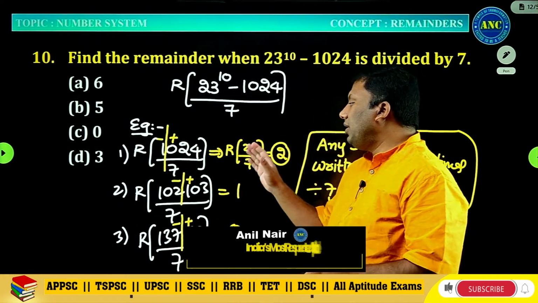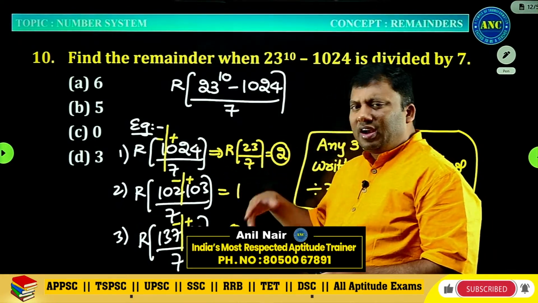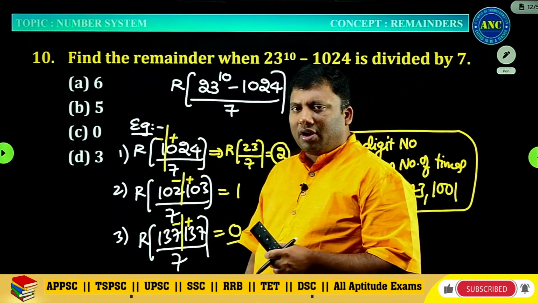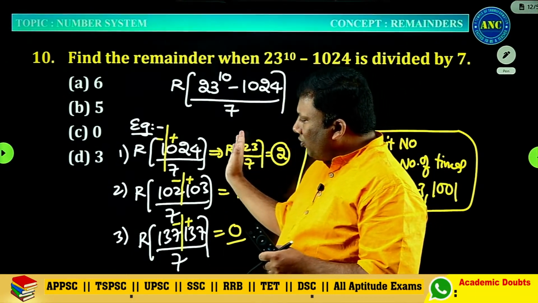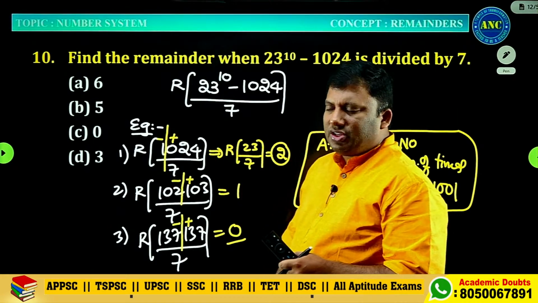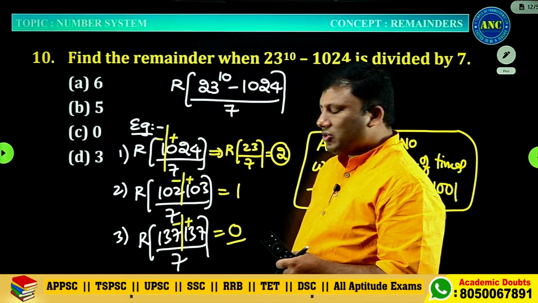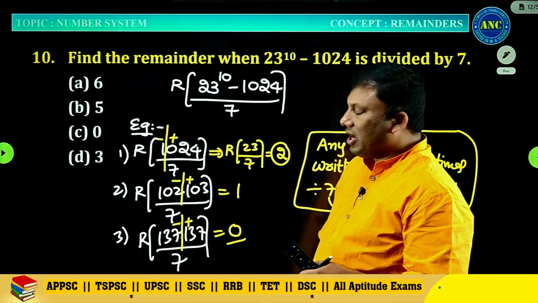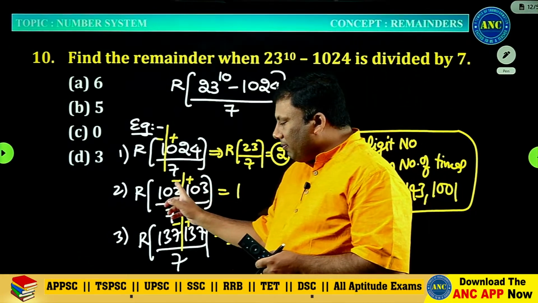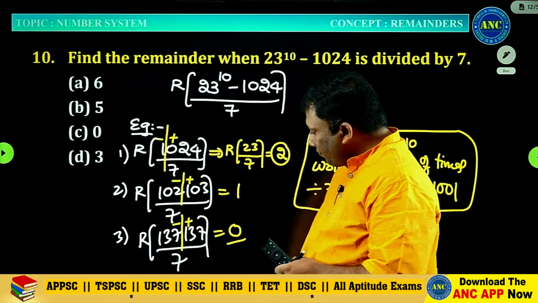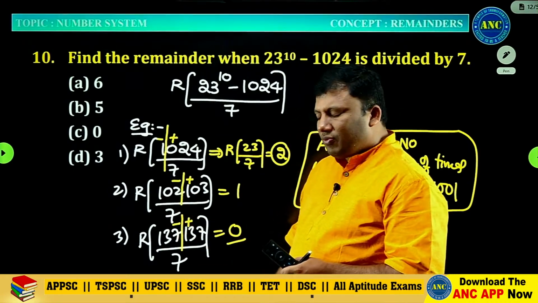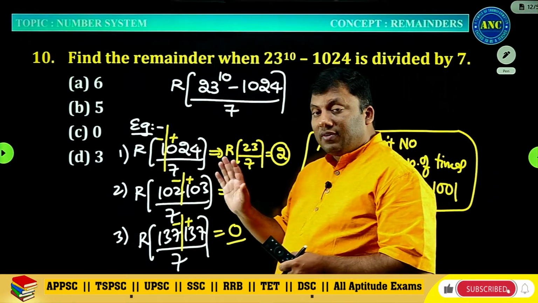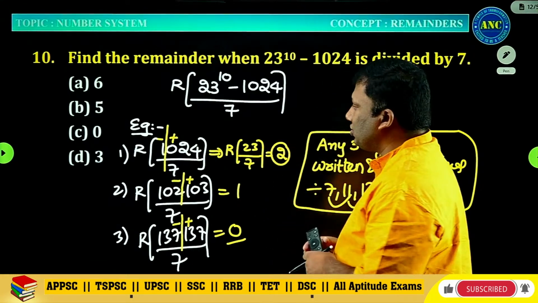What is the divisibility rule of 7 or 11 or 13, or the combination of any two or all three? Start from the rightmost, take a group of 3 digits, alternately plus and minus. 24 minus 1, 23. 7 3s are 21, 2. 103 minus 102, 1. 137 minus 137, 0. Right? So this will help us in solving some numbers with bigger digits.